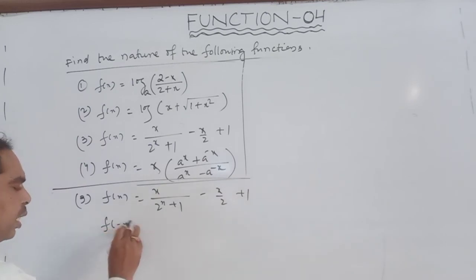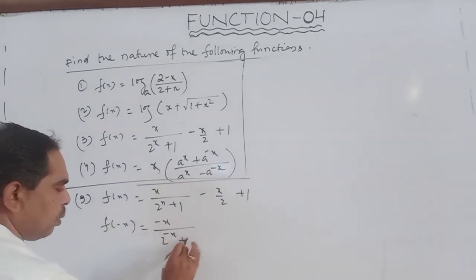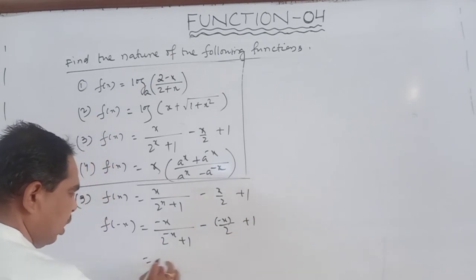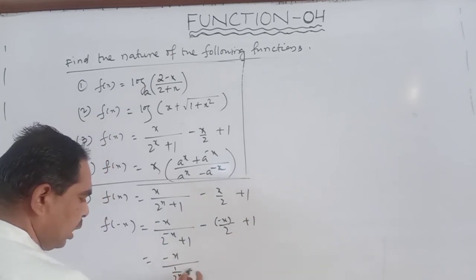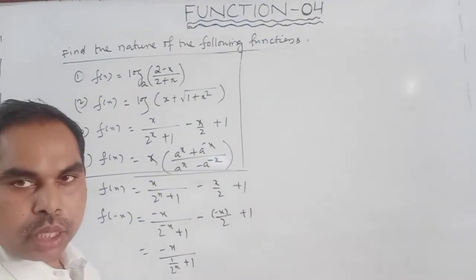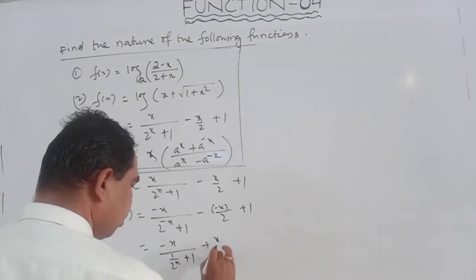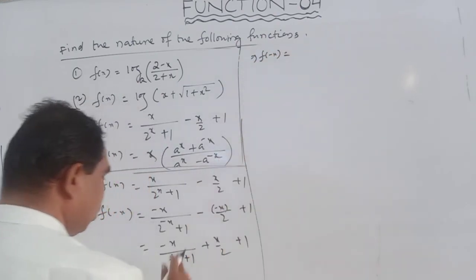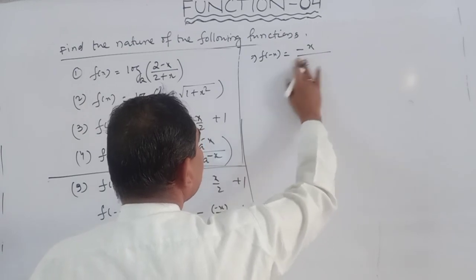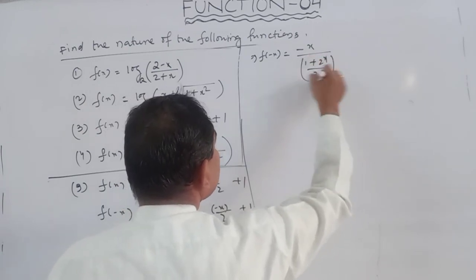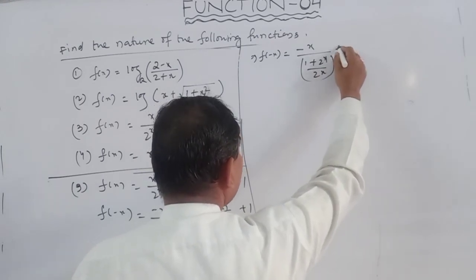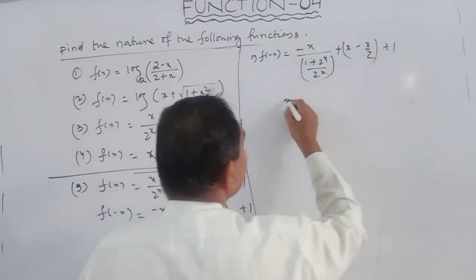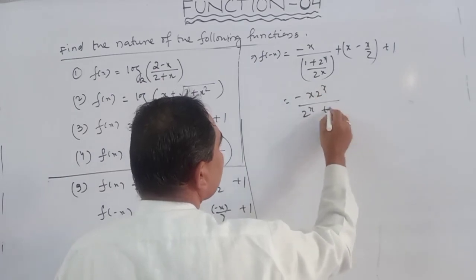So f of minus x is equal to minus x by 2 to power minus x plus 1 minus of minus x by 2 plus 1, so is equal to minus x by 1 by 2 to power x plus 1, plus x by 2 plus 1. तो f of minus x is equal to minus x into 2 to x divided by 1 plus 2 to x, plus x by 2